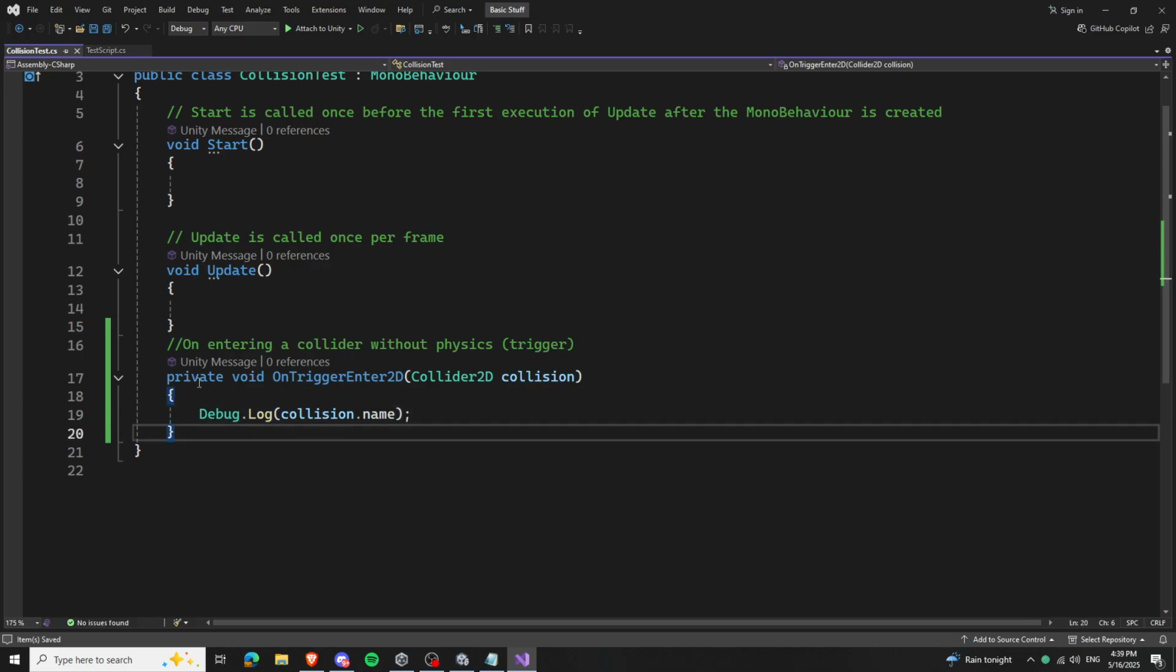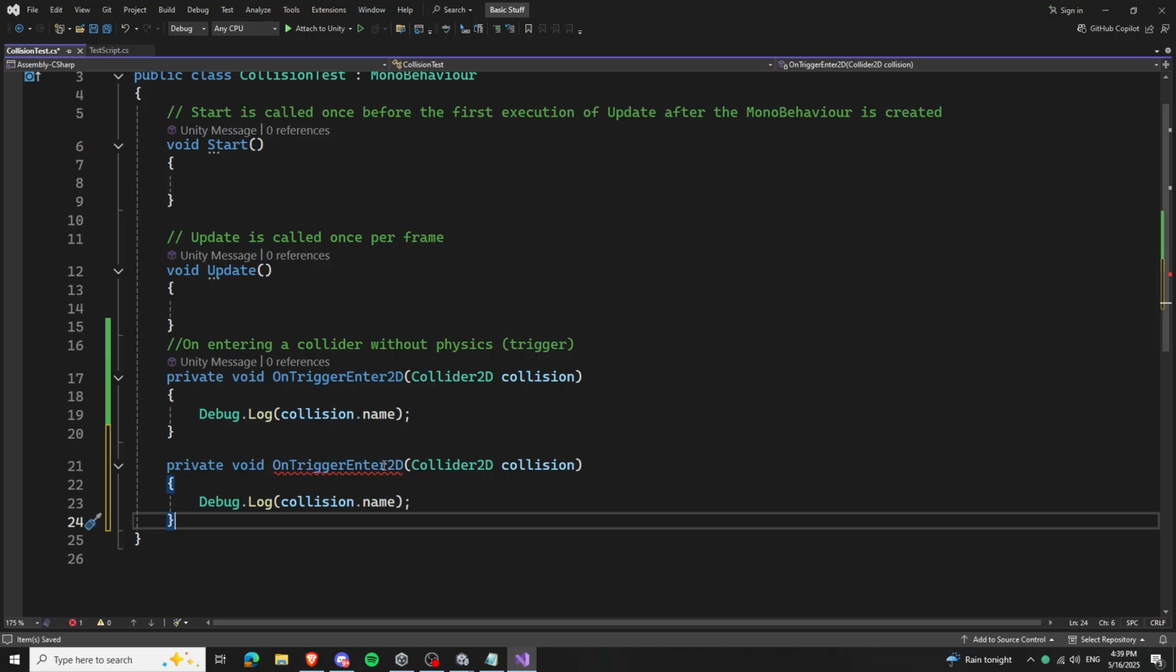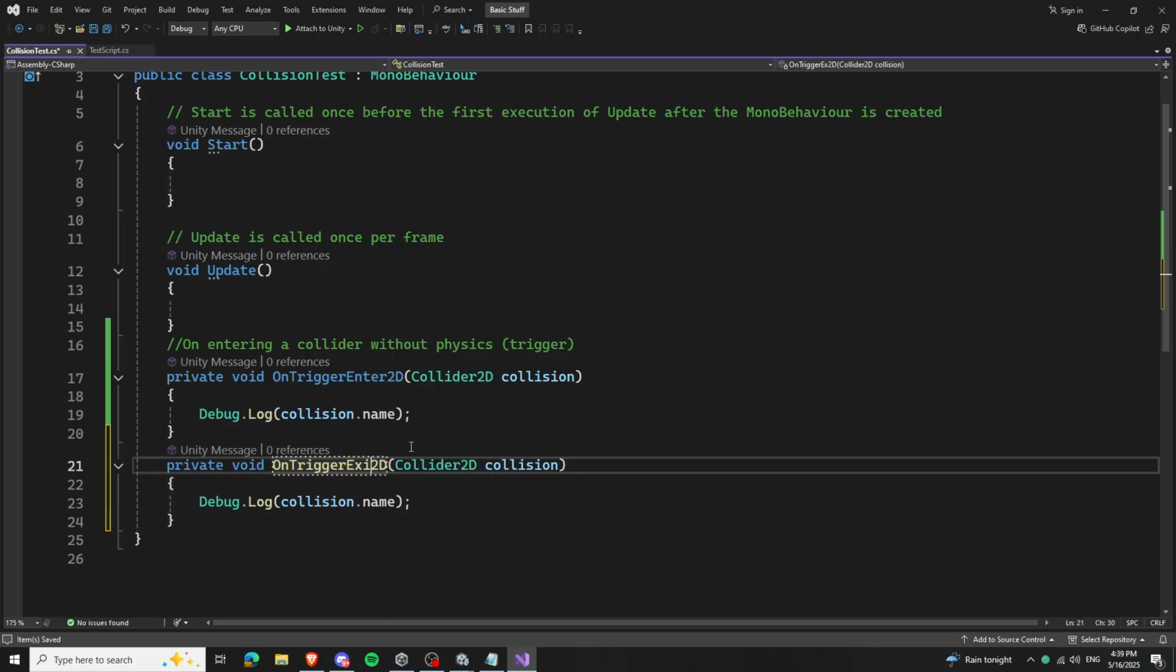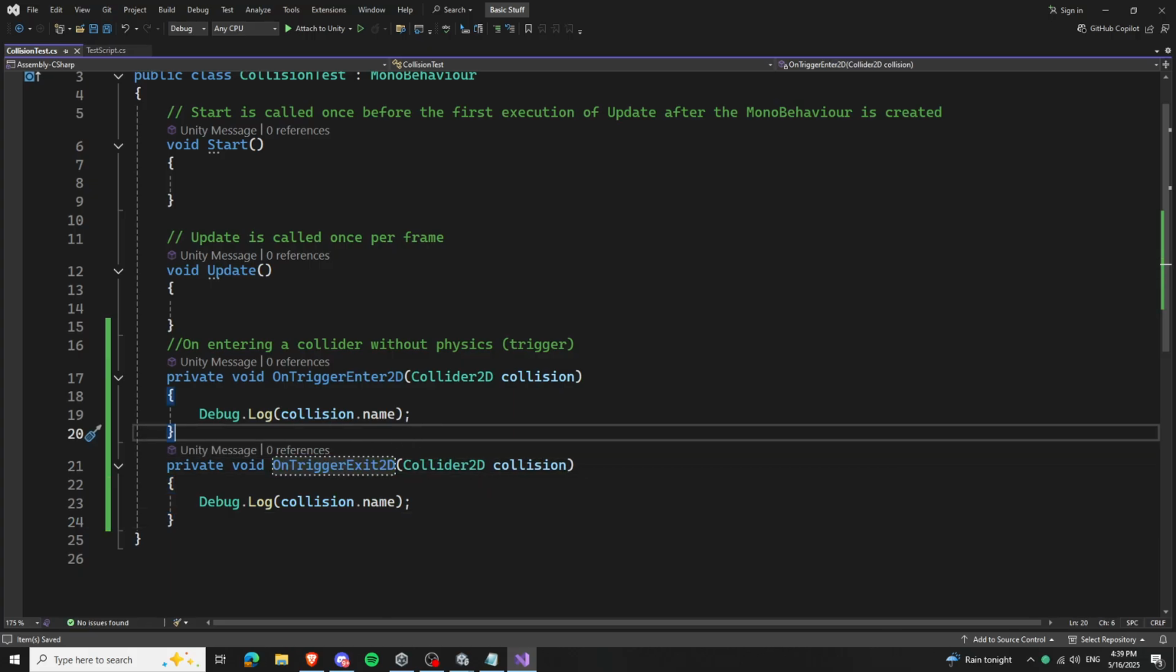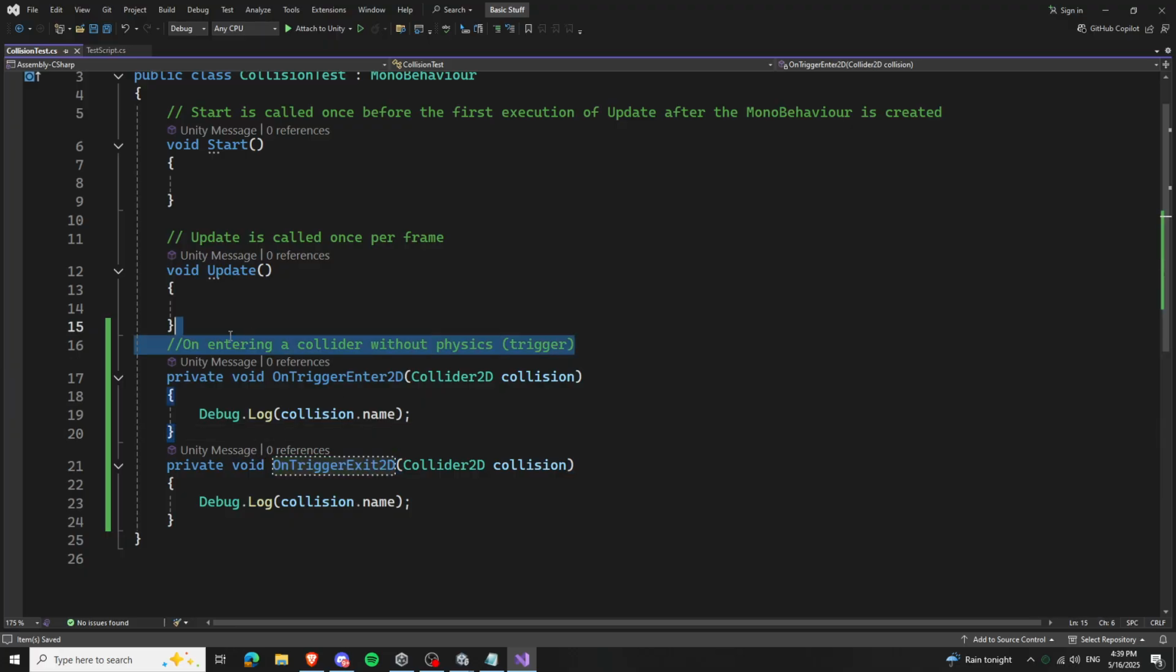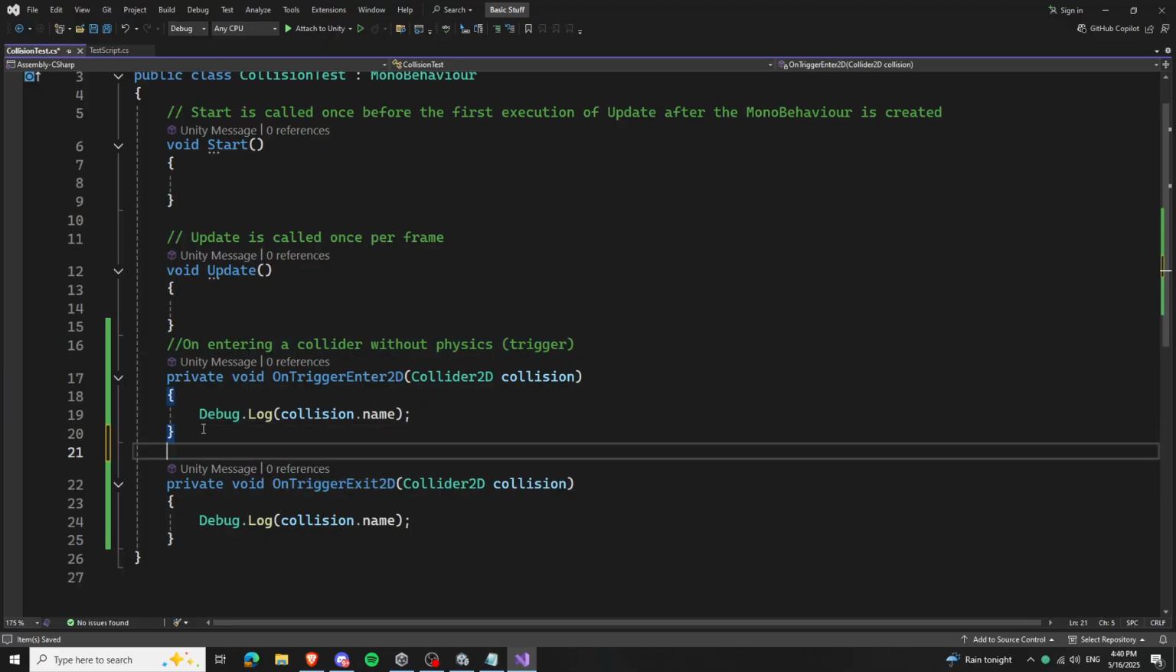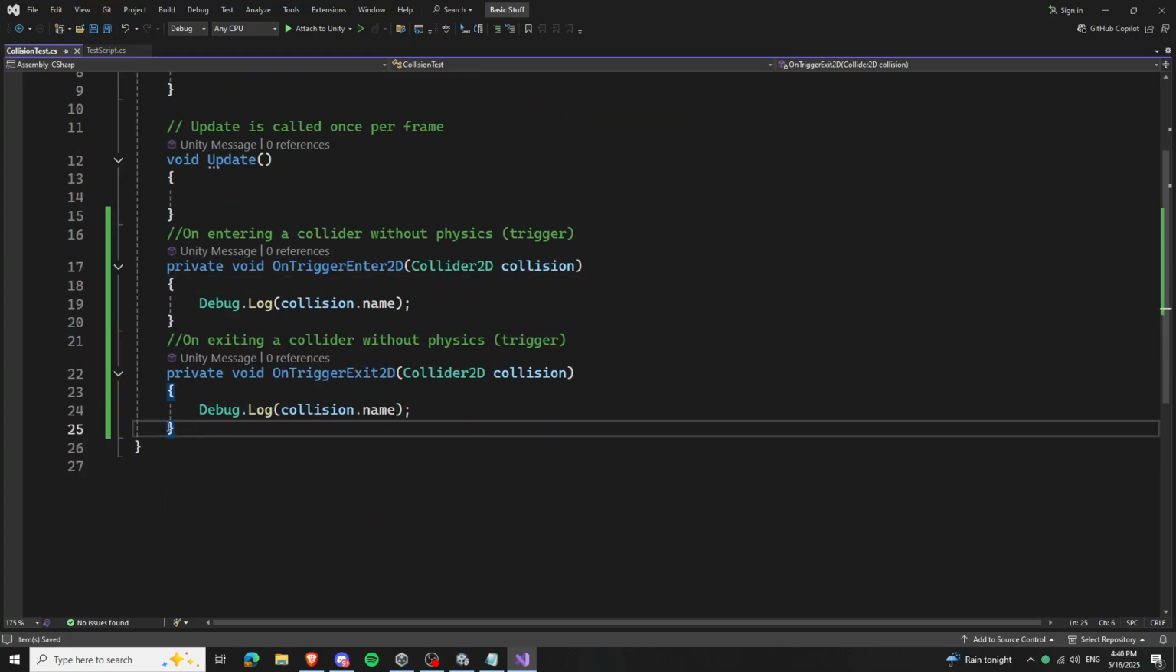Okay, so we have that, but then we have OnTriggerExit. That means when you exit a collider that is a trigger. So just comment this: on exiting a collider, and then we have